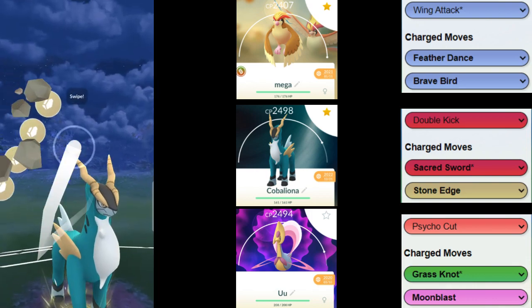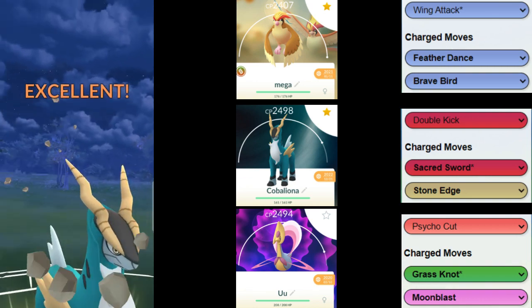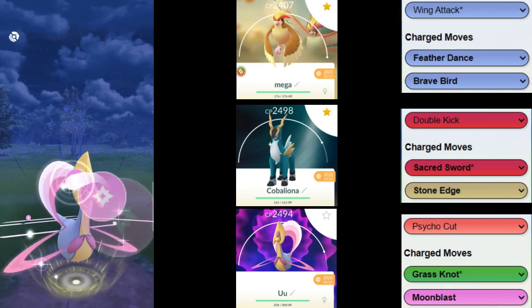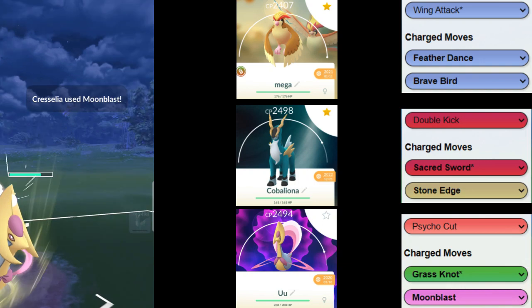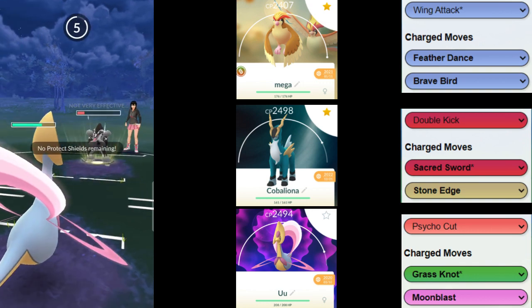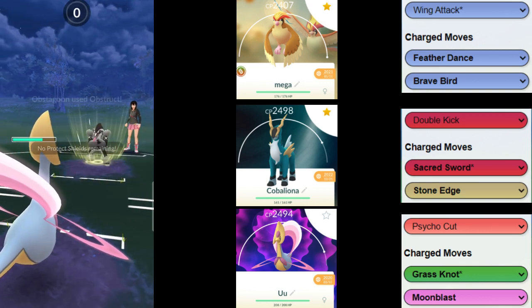Oh, what a play by my opponent. Great catch by my opponent. We got an inefficient Stone Edge thrown at the Obstagoon in the back. Their Talonflame was just able to sneak away. Okay, we get a debuff here. This is huge. We could have thrown the move right there, but because this is a debuffed...